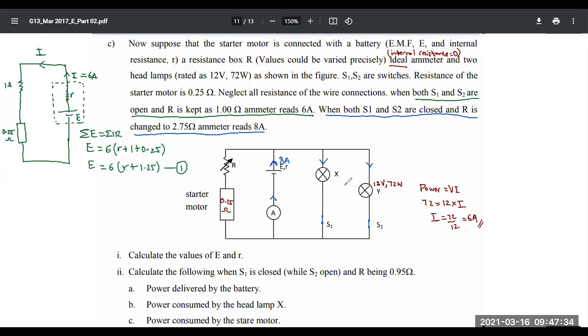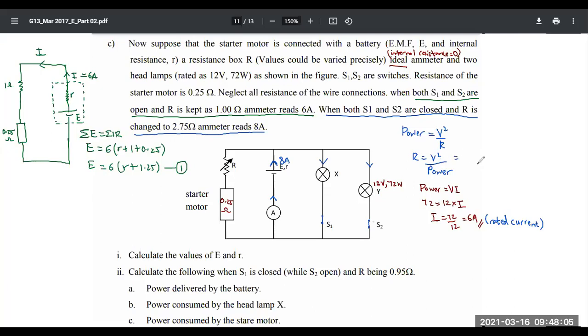Careful. Right. So one more thing you can do is find the resistance of these two. How do you find the resistance, people? Power is equal to, this is the rated current. This is called the rated current. We need this much current for them to work properly. But if there's a smaller current, they will work, but they might be dim. Now there's another equation for power, that is V squared over R. So R is V squared over power.